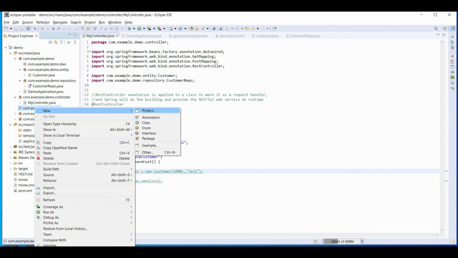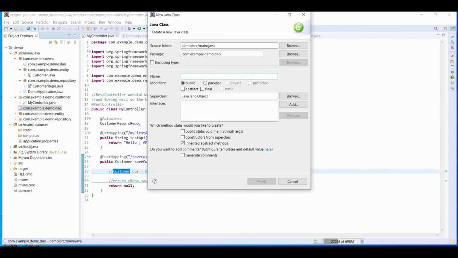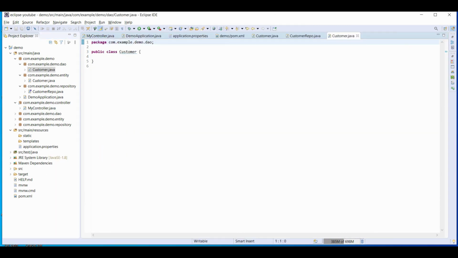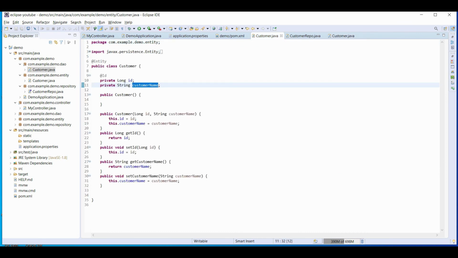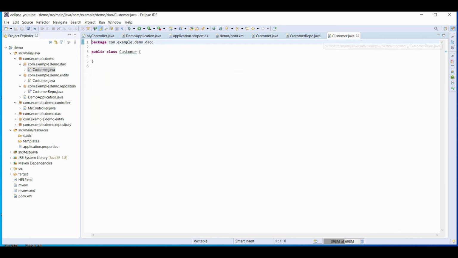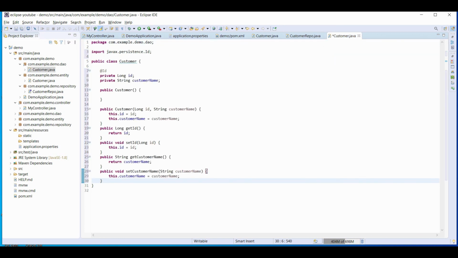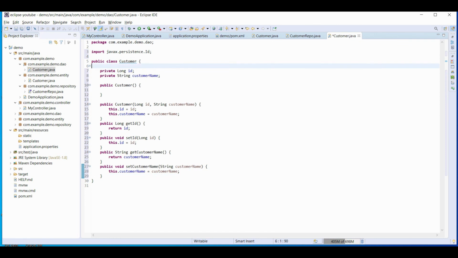I will be creating a class here called customer itself, and in this class I will copy everything that is there in our entity class. But this is not the actual entity class, this is a Pojo class. We don't have to use any annotation here. Pojo stands for plain old Java object.